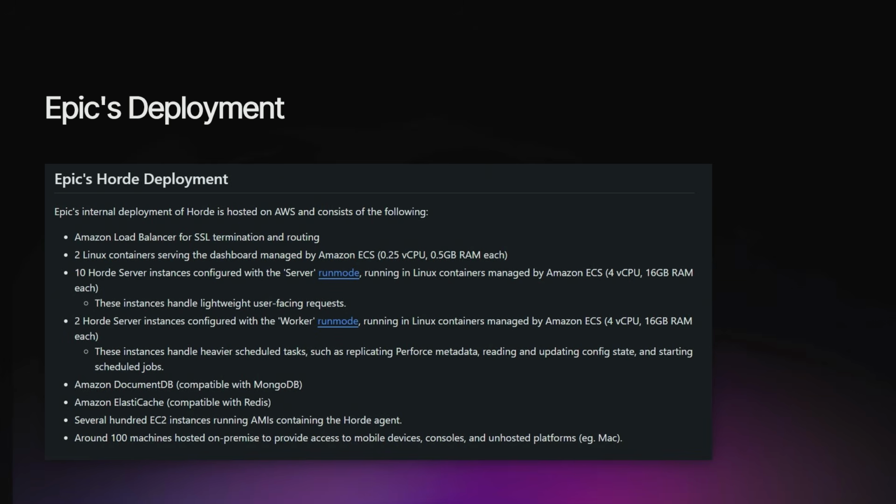So in Horde's documentation, there's this section that gives an overview of Epic's Horde deployment. It's got an Amazon load balancer, 2 Linux containers serving the dashboard, 12 Horde servers in total, DocumentDB, Elasticache, several hundred EC2 instances running the Horde agent, and on top of that, 100 machines on premises. Here we can start to see the kind of scale that Horde is designed for, but as a small team, we obviously don't need all of